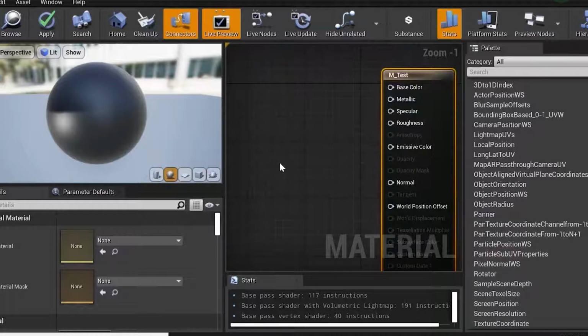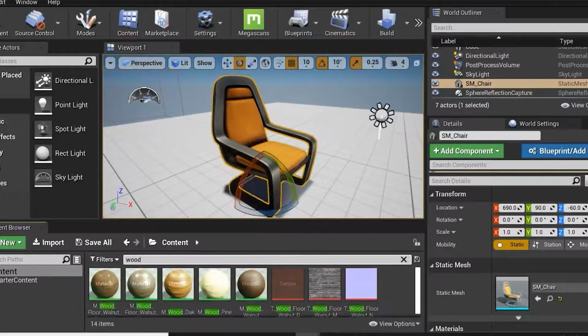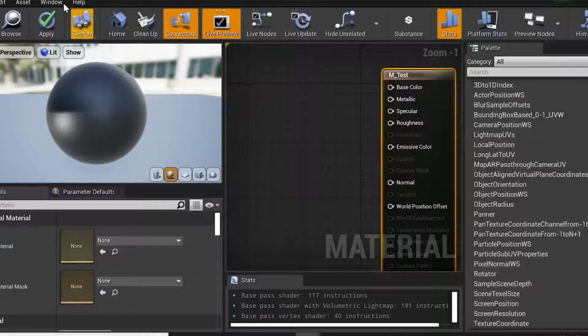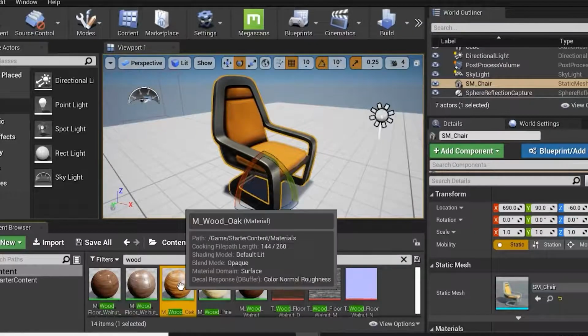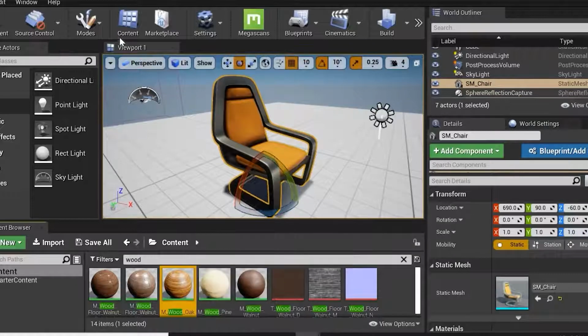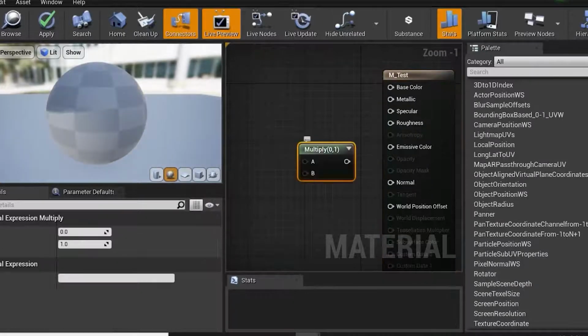Now what I want to do is edit a texture, right? So I'll just type wood in my list. Now if I want to import this material in my material editor, what I have to do is select that. After selecting, it becomes yellow in color. I'll go to my material editor, press M and left click.